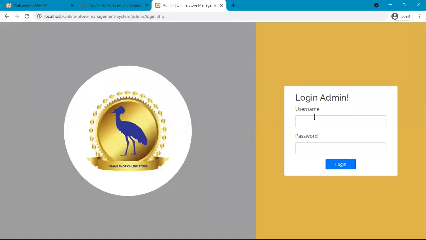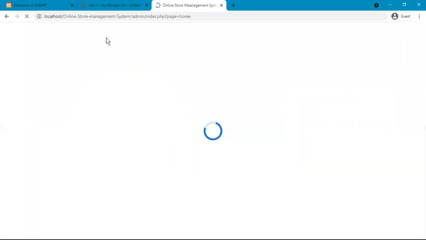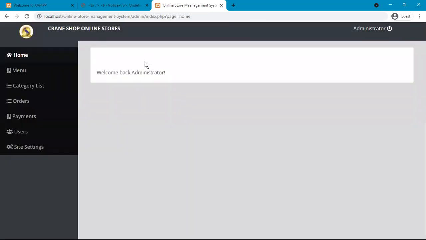admin can log in when they are at their home page. Let me try login. So if you are not an admin, you cannot log in here, and you cannot even gain access to come here. That was the security. We only know that an admin has to be given rights or permission to access here, and they follow that. So from there, admin can view many things, can go to home and menu